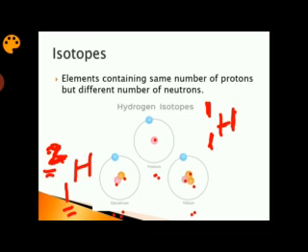And in the case of tritium, what will be its nuclear symbol? It will be 1 for the number of protons, then H, which is the symbol for hydrogen, and the upper number should be 3, right? 3 is the summation of the number of protons and neutrons. 2 neutrons and 1 proton are there in the nucleus. So these are the symbol notations of the hydrogen isotopes.